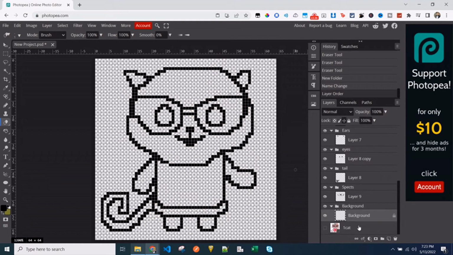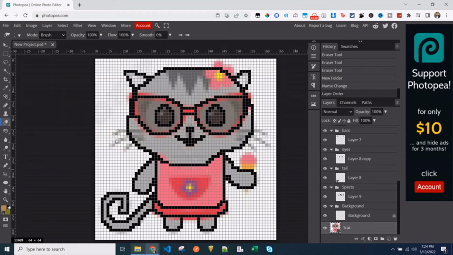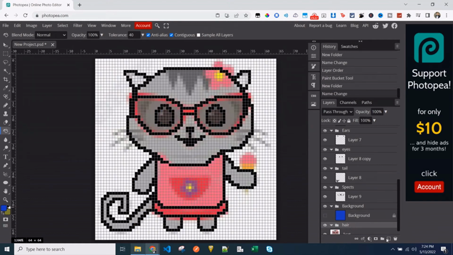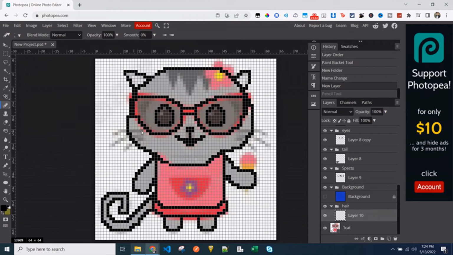Next, create a folder with the name background. Next, create a folder with the name hair and add a layer to outline hair.